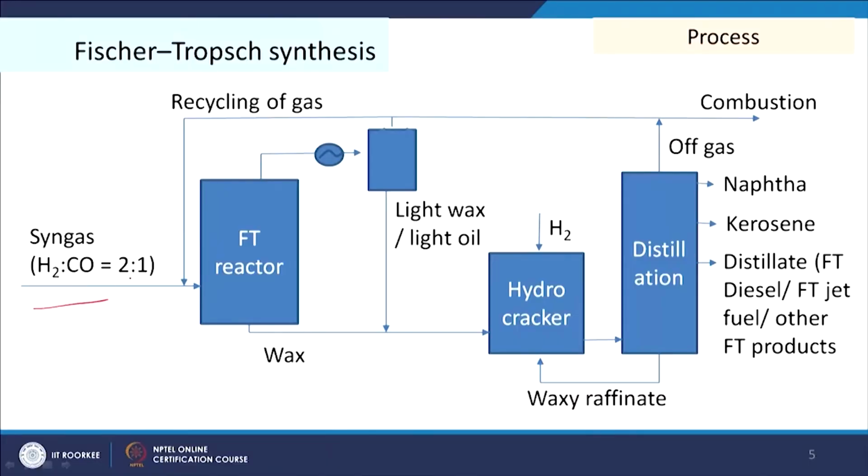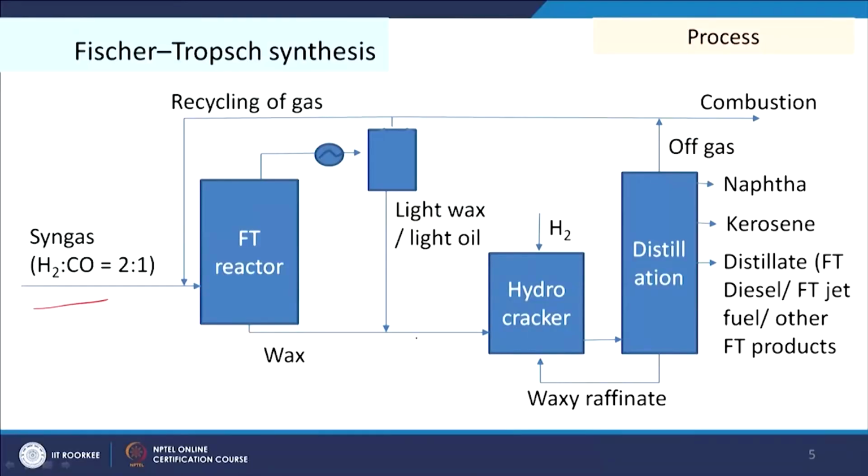If we see the flow sheet, we have the syngas with a 2:1 hydrogen to CO ratio, then it comes to the FT reactor, and the FT reactor will basically give us olefins and paraffins type of compounds. Higher carbon paraffins means wax. So, we will have wax here, and we may also get some light oil and light wax. It goes out as a vapor, so we get some gas and vapor. The gas is recycled and the condensed part comes out, that is the light oil and light wax, and this is the wax we get from the bottom of the reactor.